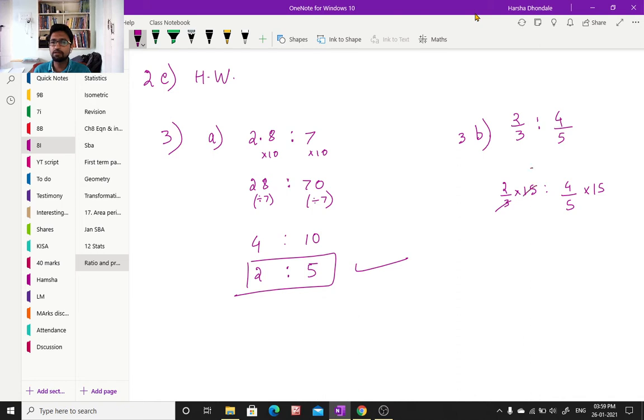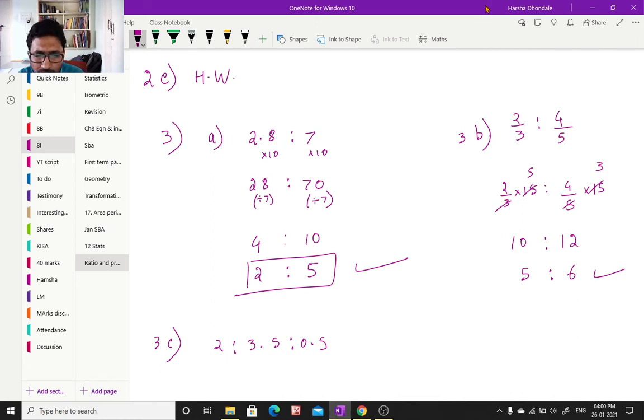Okay, 3 ones are 3, 5 fives are 5, ones are 5, threes are, and I have here 2 fives are 10 is to 4 threes are 12. Then I can simplify this further. 2 5s are 10, 2 6s are 12. I am dividing both left hand side and right hand side by 2. So divided by 2 gives me 5 is to 6. Done.